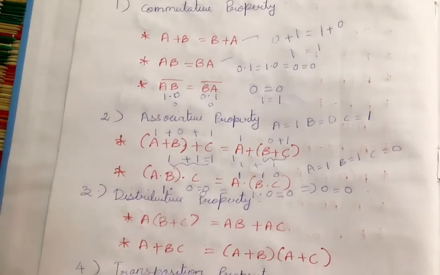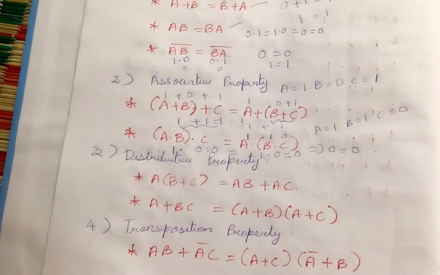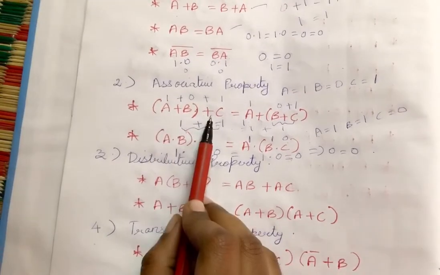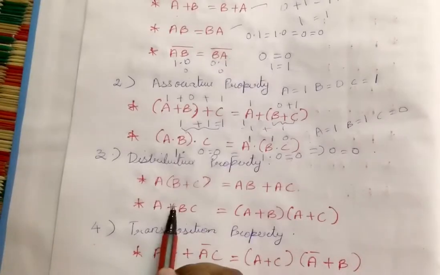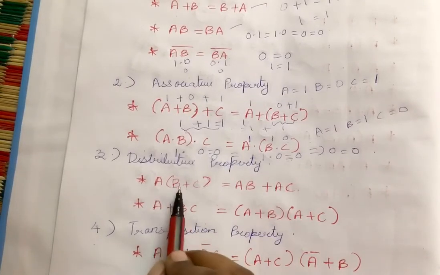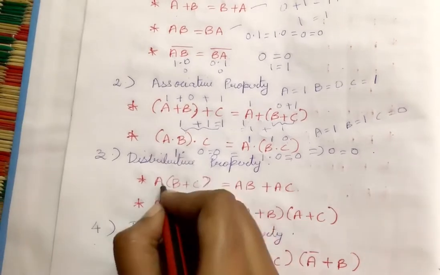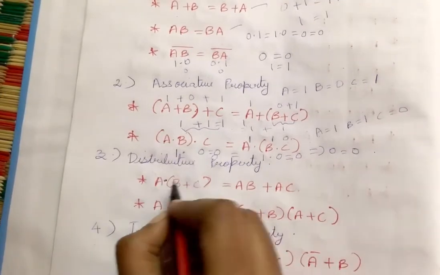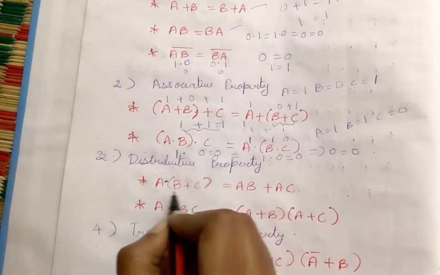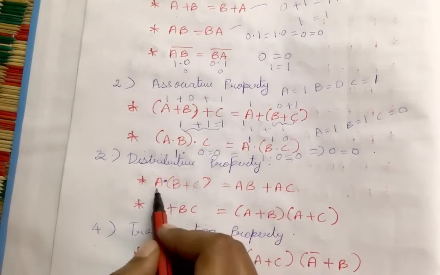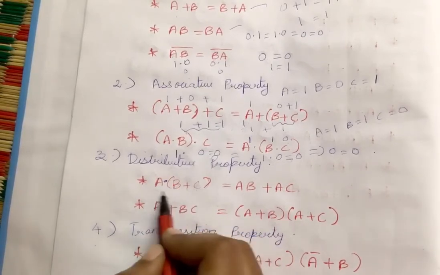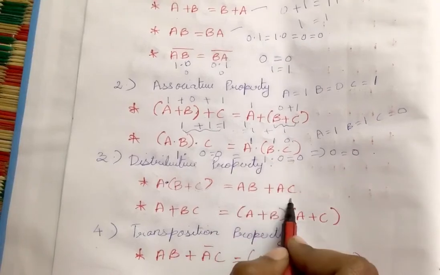So next is the distributive property. For all these representations we can also draw a logical diagram. So the distributive property is A, then we are doing the AND operation. Here A AND of B plus C, the OR operation. So if I do this condition, AB and AC, they are multiplying this A inside that. So that is what we are getting, they are saying.